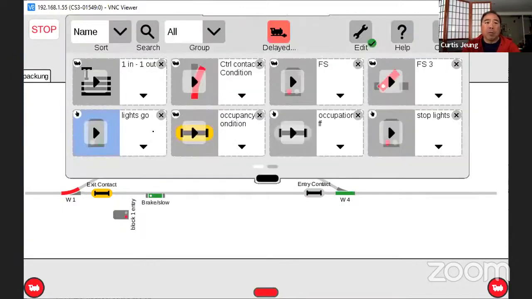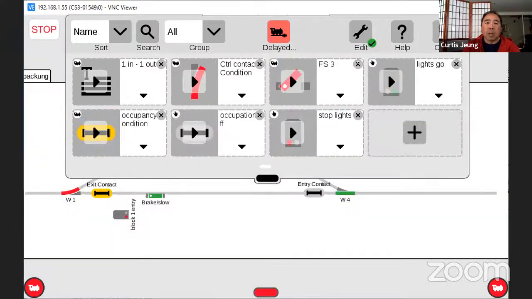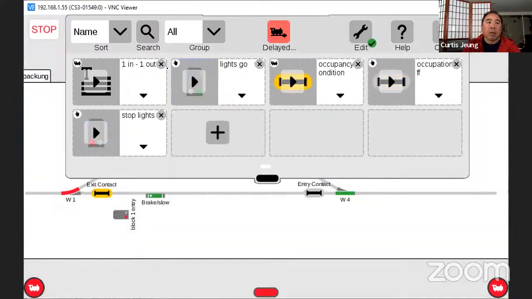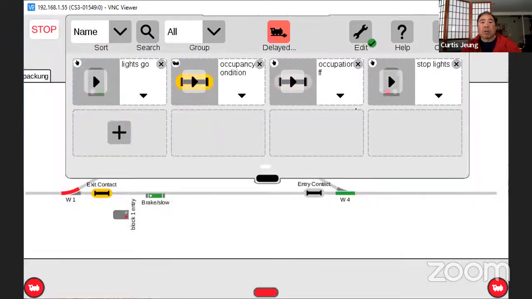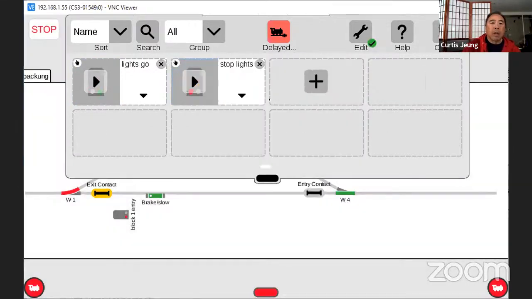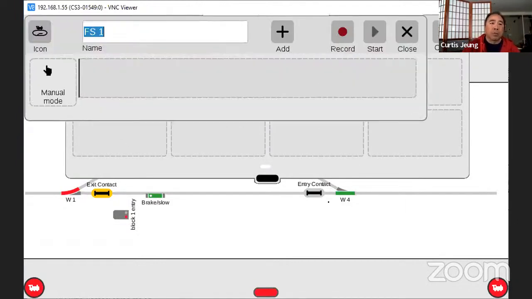Let me reopen the window. You can see lights go. Let's get rid of the noise here because there are just too many things to look at. All right, so now let's say you had instances on your layout where you constantly want to use that. Rather than having to reprogram each event to do these functions, we now have manual functions, and we'll have triggers which are activated by whatever contacts we have. So we'll have that as an entry contact,